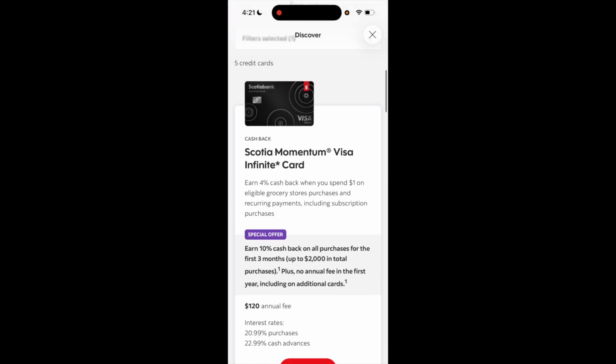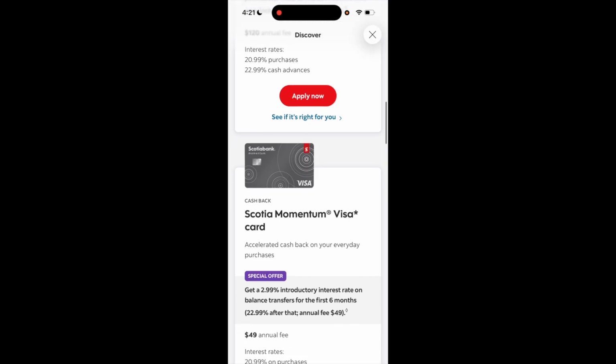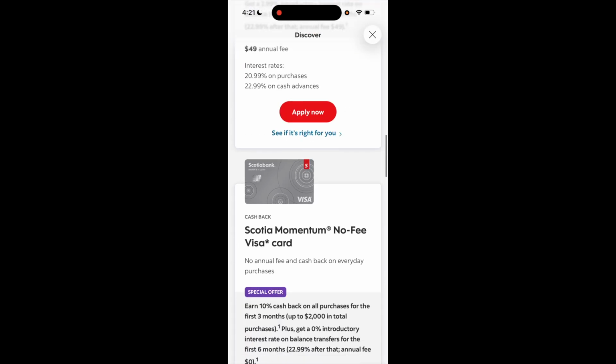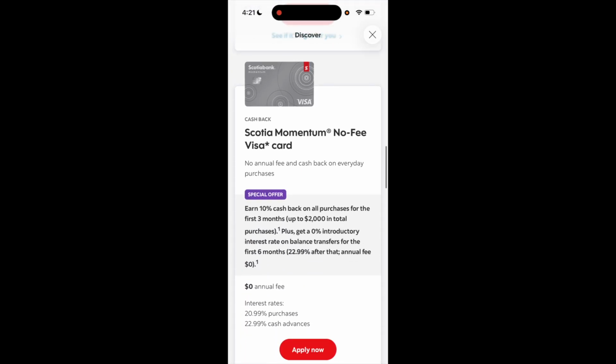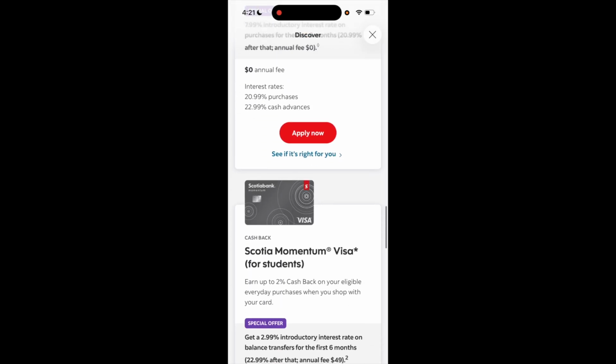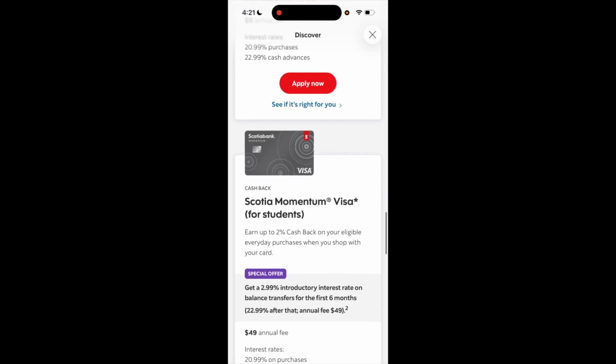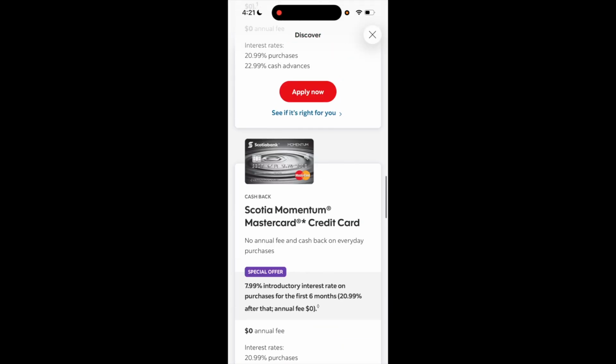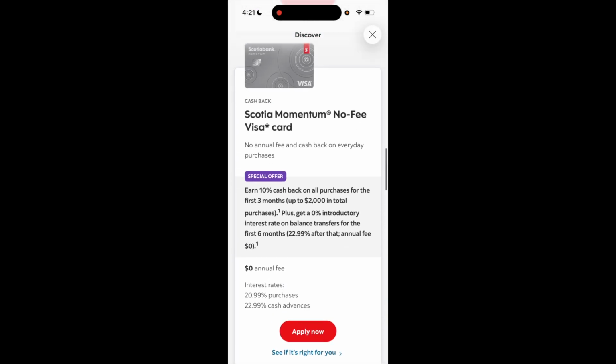There's the Scotia Momentum Visa Infinite card. There's the Scotia Momentum Visa card right here. There's the Scotia Momentum No Fee Visa card. There's the Scotia Momentum MasterCard credit card. And then finally, the Scotia Momentum Visa that is for students. So if you wanted to go ahead here and just select, for example, the Scotia Momentum